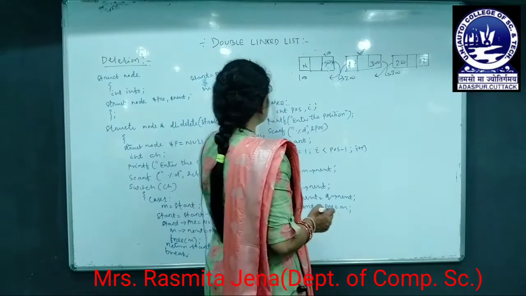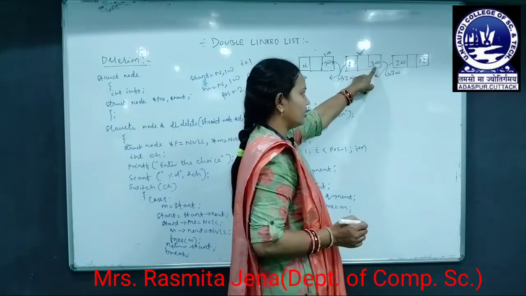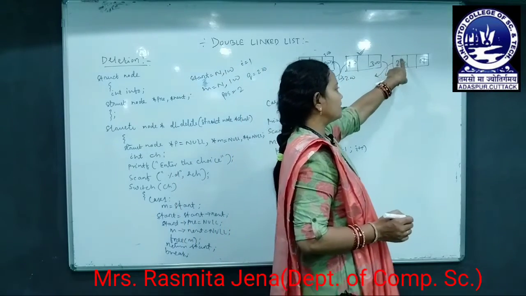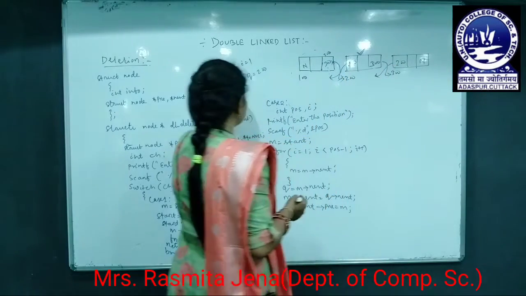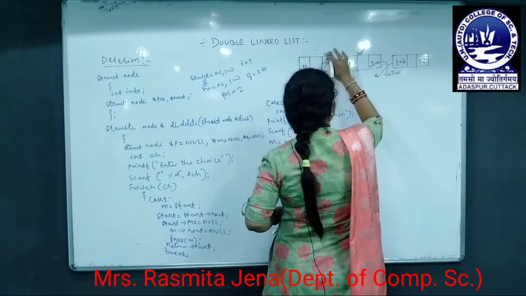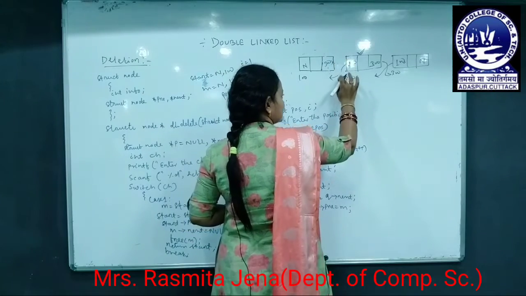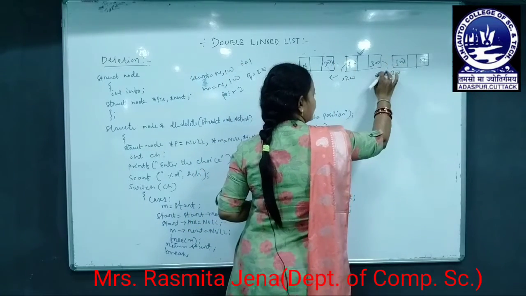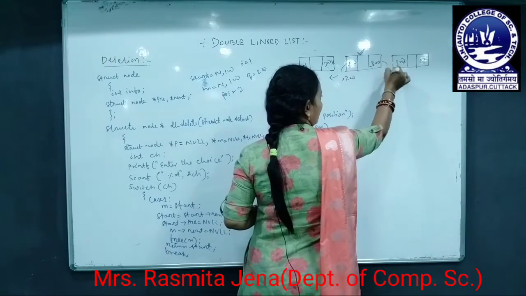So q is 200. Okay, 200 next, that is 300. 300 pre, that means at this location I will store m. M is how much? M is 100. So in this location I will store 100 and in this location it is 300. Okay. So you can see now this link is removed and now this link is removed. And we will remove only these two links.